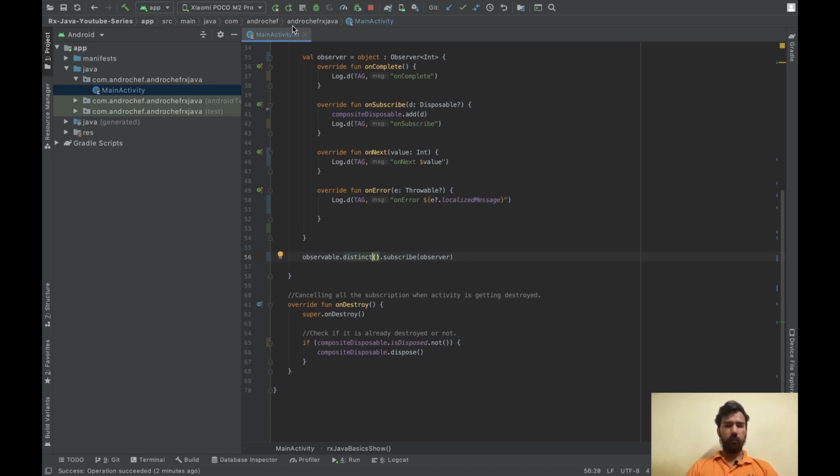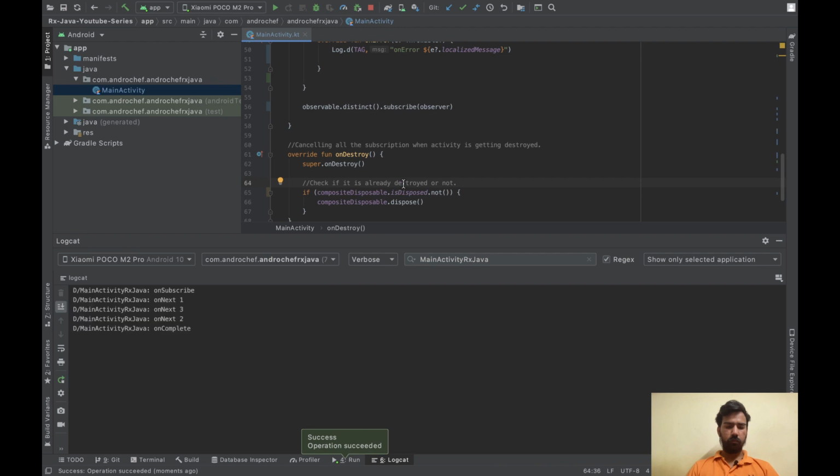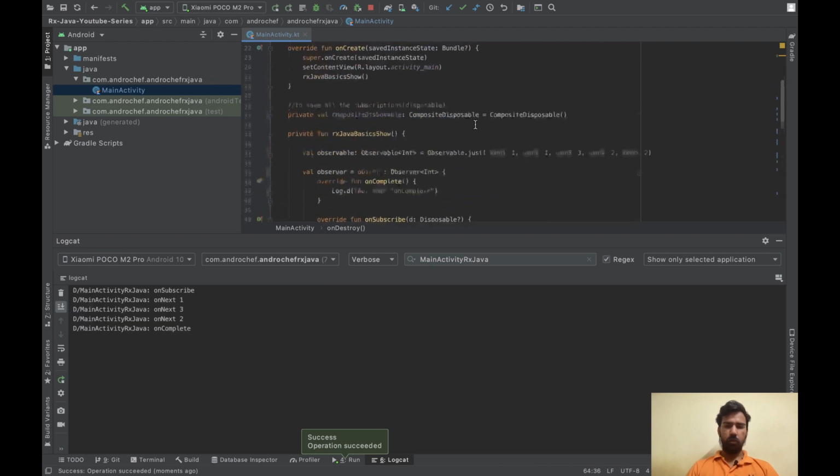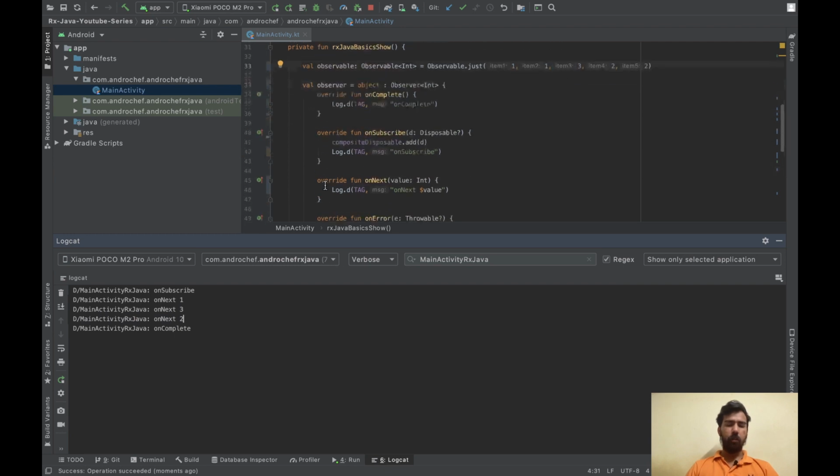Let's hit and run. I'll remove the old one. Now as you can see, the first duplicate value is removed, and the 2 also got removed. Now the output is 1 3 and 2. So this is the distinct operator.